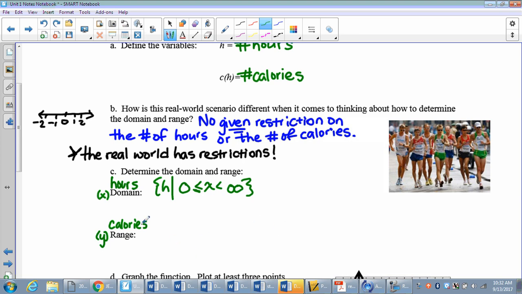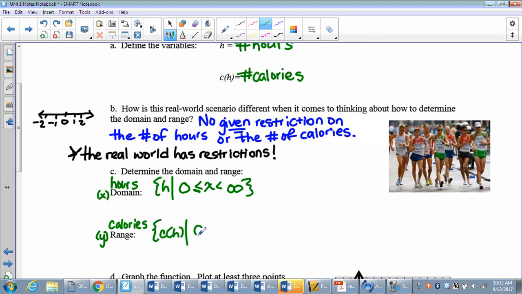Then let's think about calories. I can have 1 calorie, 2 calories, 3 calories, 4, 5, 6, 7 calories. I can have 0 calories, that's okay. But can I have -1 calories or -2 calories? No, not possible. So, in similar fashion, when we're talking about a restriction on our range, on C of H,